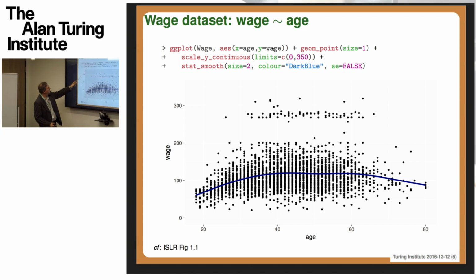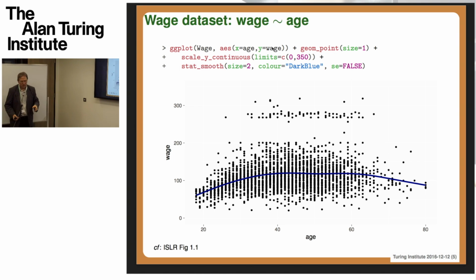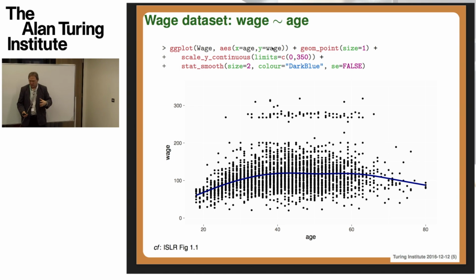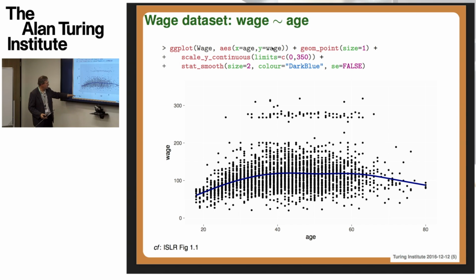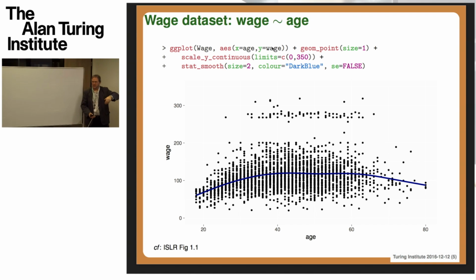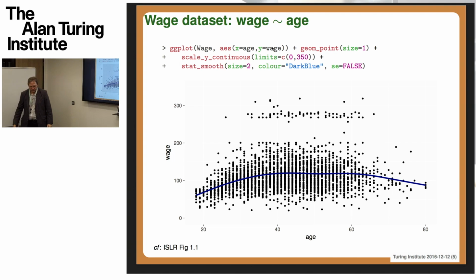Then I've given another argument to this overall ggplot command, which is associating what they call in ggplot language the aesthetics. The aesthetics of the plot are things to do, for example, with the x-axis, which is one aesthetic associated with the data, and similarly for the y-axis. So aes is their abbreviation for a visual aesthetic, and what we're doing is linking the x aesthetic, the horizontal variable, with the age variable in the data frame, and similarly the y variable is associated with the wage variable.